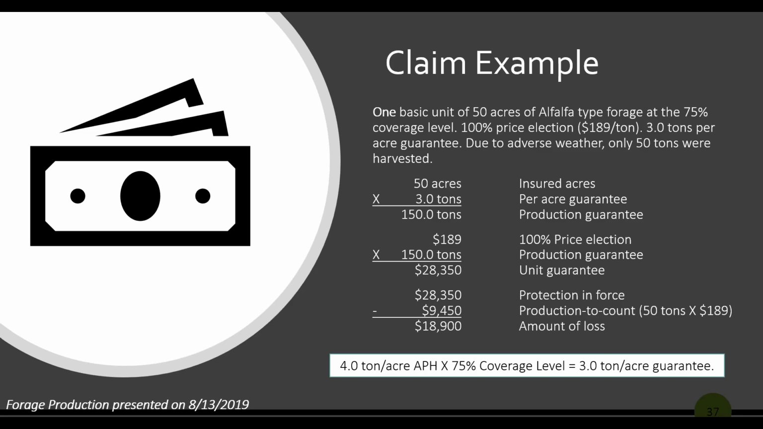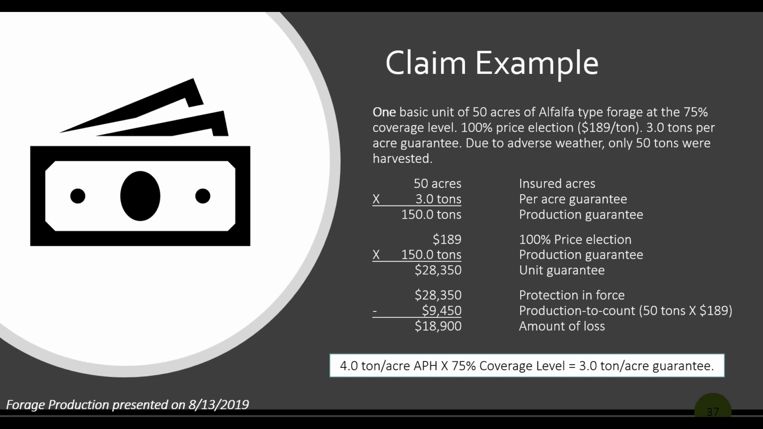But due to adverse weather, we only harvested 50 tons from that unit. So what's our production guarantee for the unit? We take our 50 acres times our 3 tons per acre guarantee, gives us 150 tons production guarantee for the unit. Our 100% price election of $189 times 150 tons gives us our unit guarantee in dollars of